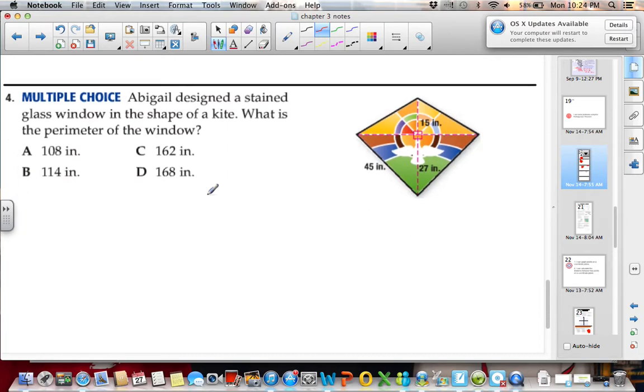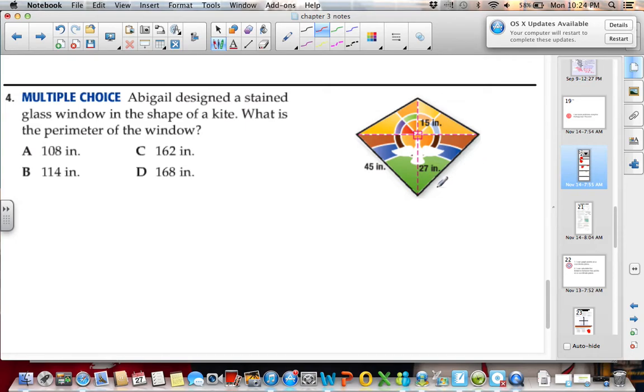Okay, last one for the night. This is kind of a multi-step problem. Abigail designed a stained glass window in the shape of a kite. What is the perimeter of the window? All right, well, we are given, so the perimeter of the window. So in the end, we need to know the lengths of all of the sides around the outside